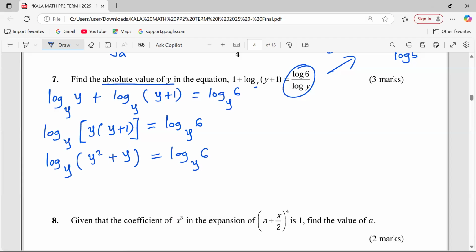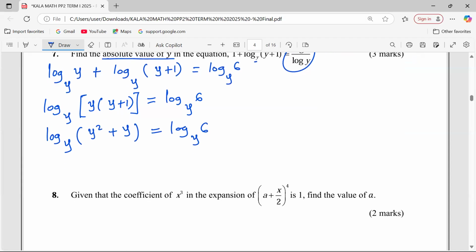equals to the log 6. Because the base is the same, we can now drop logarithms and we quit the left and the right sides. So y squared plus y equals 6. And this means we can now solve for the value of y. This is now quadratic. Yeah, this is quadratic. So we can get y squared plus y minus 6 equals 0, and we solve